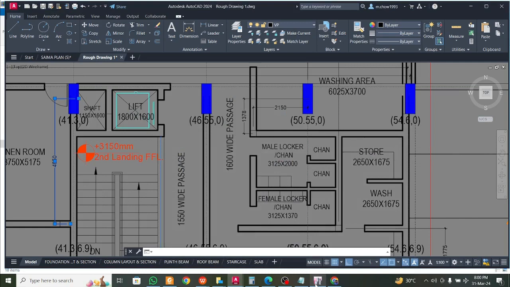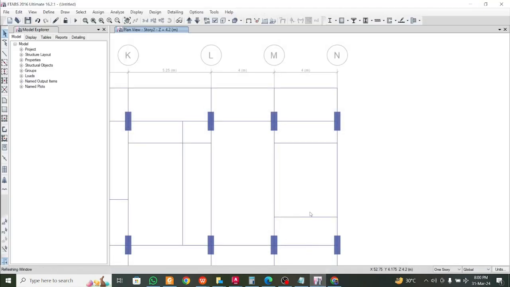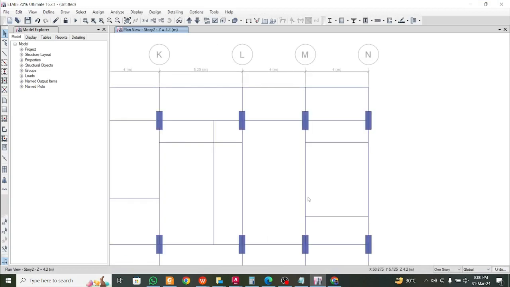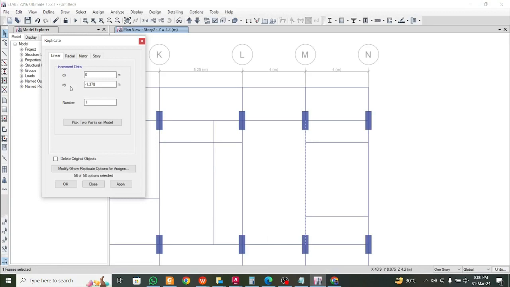So to decide, okay, let's do this. So 2.15 from this one, Control plus R, minus 2.15,